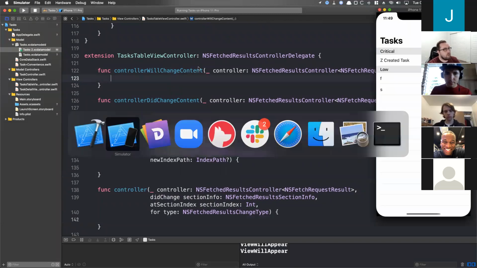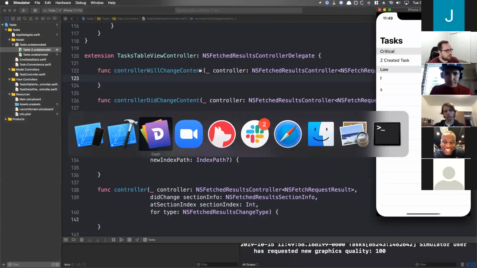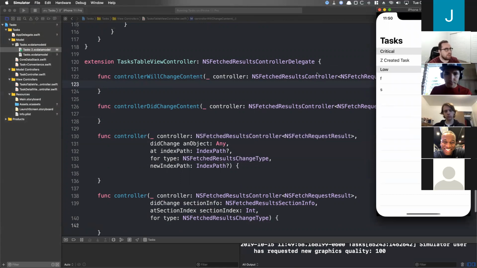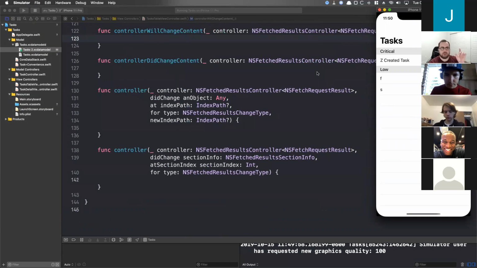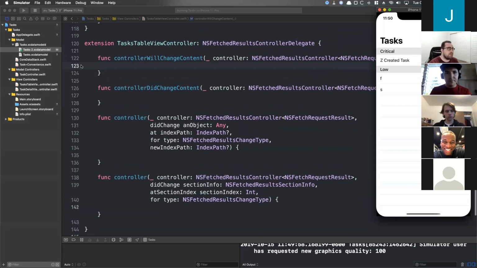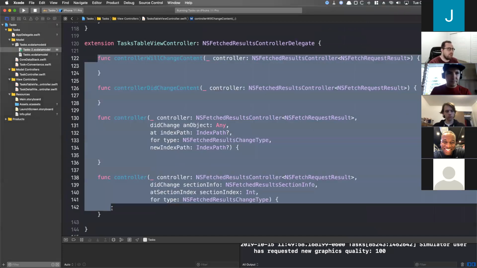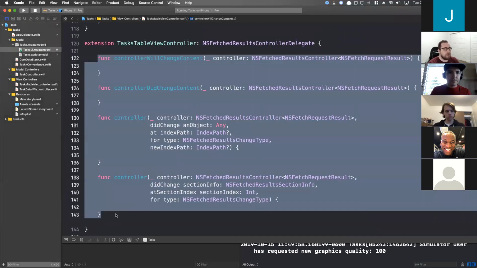So the cool part about this is the way that it works. Oh shoot, I kind of deleted that quick drawing. The way that it works is since that fetch results controller is sort of in between us and the managed object context, it's going to be continually looking at the managed object context to see when there are changes. And when there are changes, it's going to call one of these functions, or multiple, depending on what the change is,